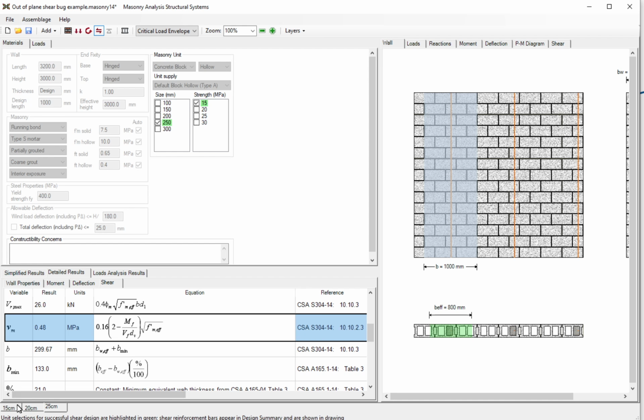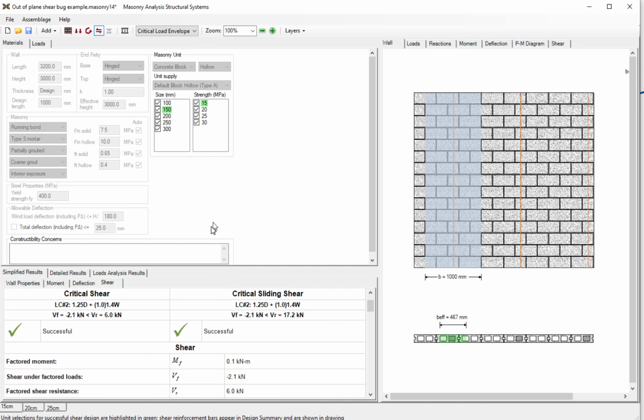The example that I showed accentuates this. We have a lot of hollow masonry in our wall, so not a lot of grout. But it just so happens that that's how these situations play out. So as soon as you get even to a 20 centimeter block, your answers don't vary by too much either. And in any case, if you do have any questions about this in the software,